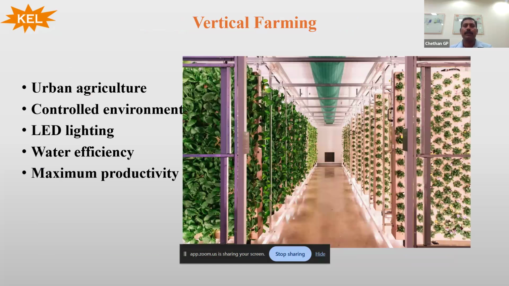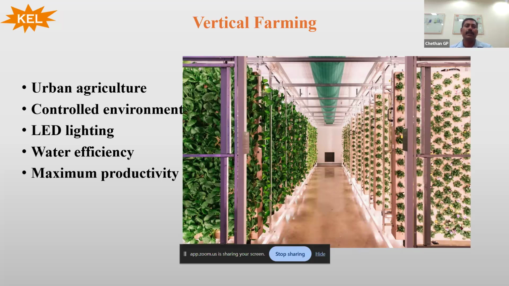Vertical farming. Vertical farming represents one of the newest applications of substrate technology. Instead of growing crops horizontally across the farmland, plants are cultivated in stacked layers within a controlled indoor environment. Because natural soil is impractical in vertical farming systems, lightweight substrate becomes essential. This system combines soilless growing media with LED lighting, automated irrigation, and climate control and